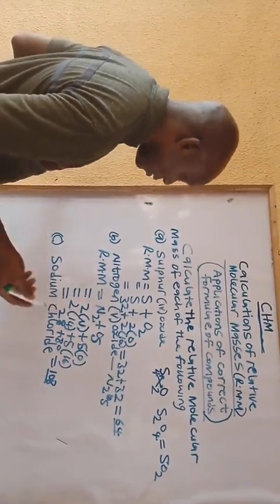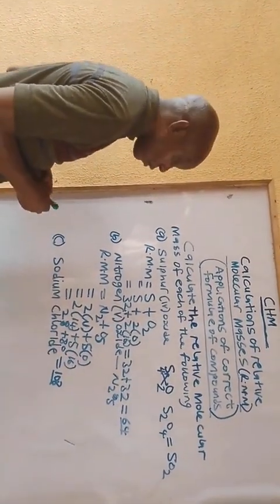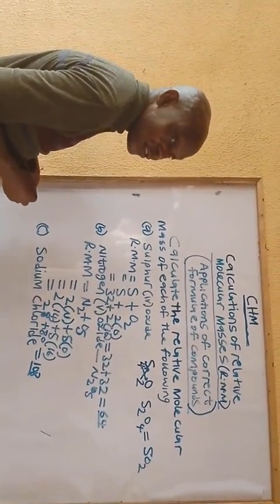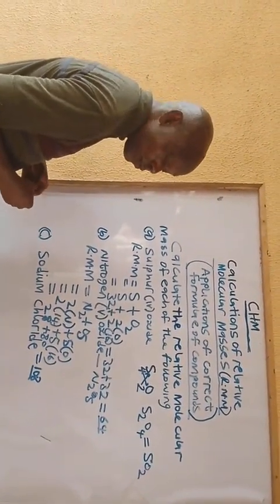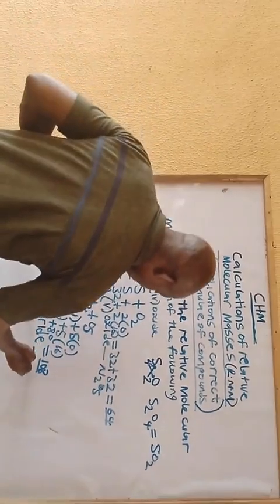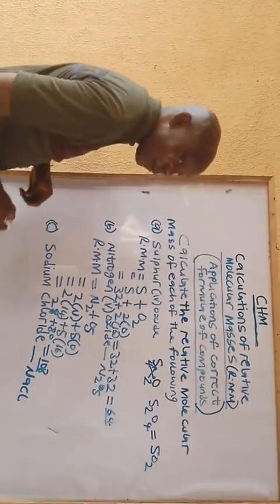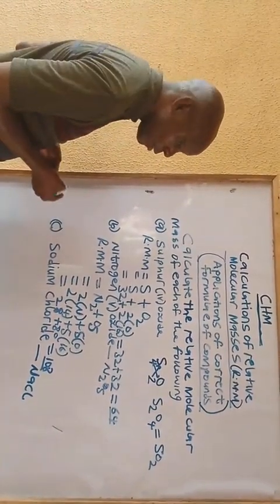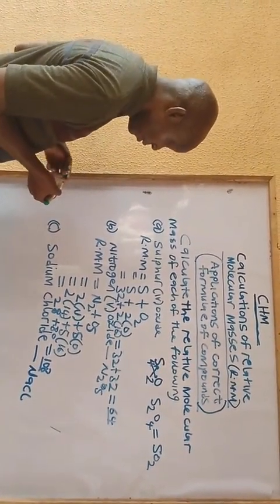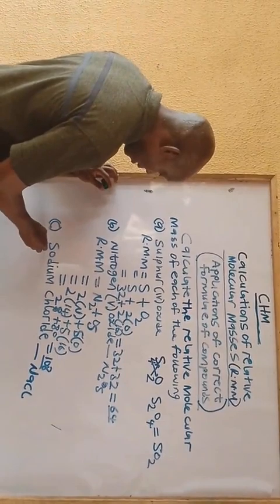For sodium chloride, that one is a common name. It's what we call common salt. It is salt we use in cooking at home. So the formula for sodium chloride is NaCl. If you follow the principle of writing the correct formula, you are going to get NaCl. So that means that the RMM